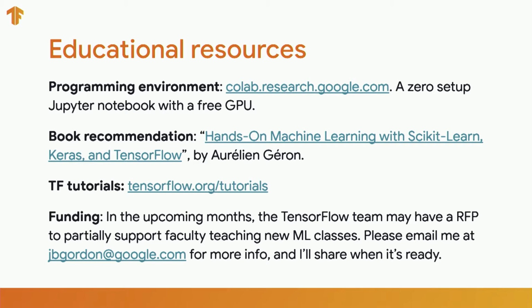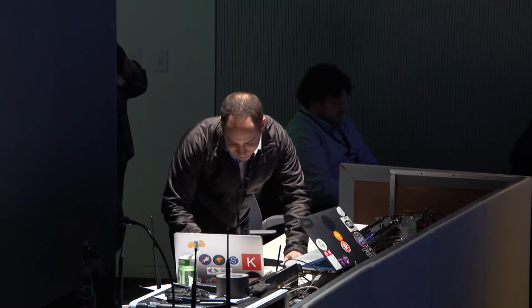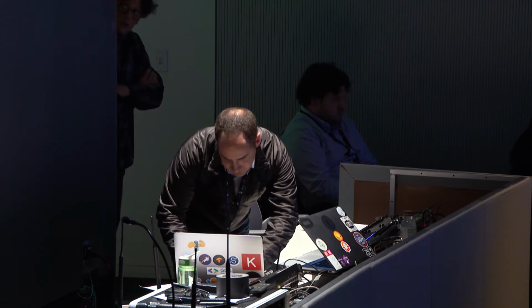TensorFlow itself was the first large-scale industrial deep learning framework, and it was open sourced by Google in 2015. At this point, we're really fortunate to have something like 1,300 people from outside of Alphabet who have contributed code. So it's enormous. And one cool thing about TensorFlow is that it's the world's most complex framework by far, meaning it spans Python, JavaScript, Android, iOS, Raspberry Pi, CPUs, GPUs, TPUs. And it can take a little while to learn because of that. But I'd like to show you some simple ways to get started with Python in a sec.